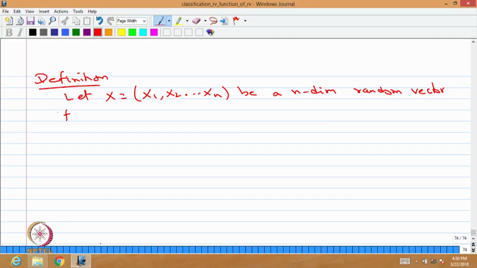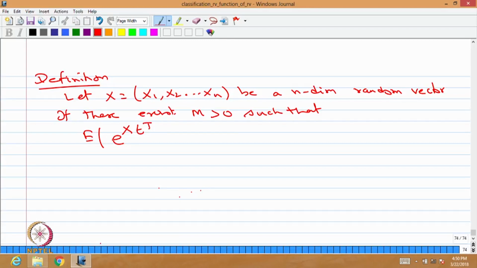If there exists M which is greater than 0, such that the expectation of exponential of random vector x multiplied by t transpose, that is finite